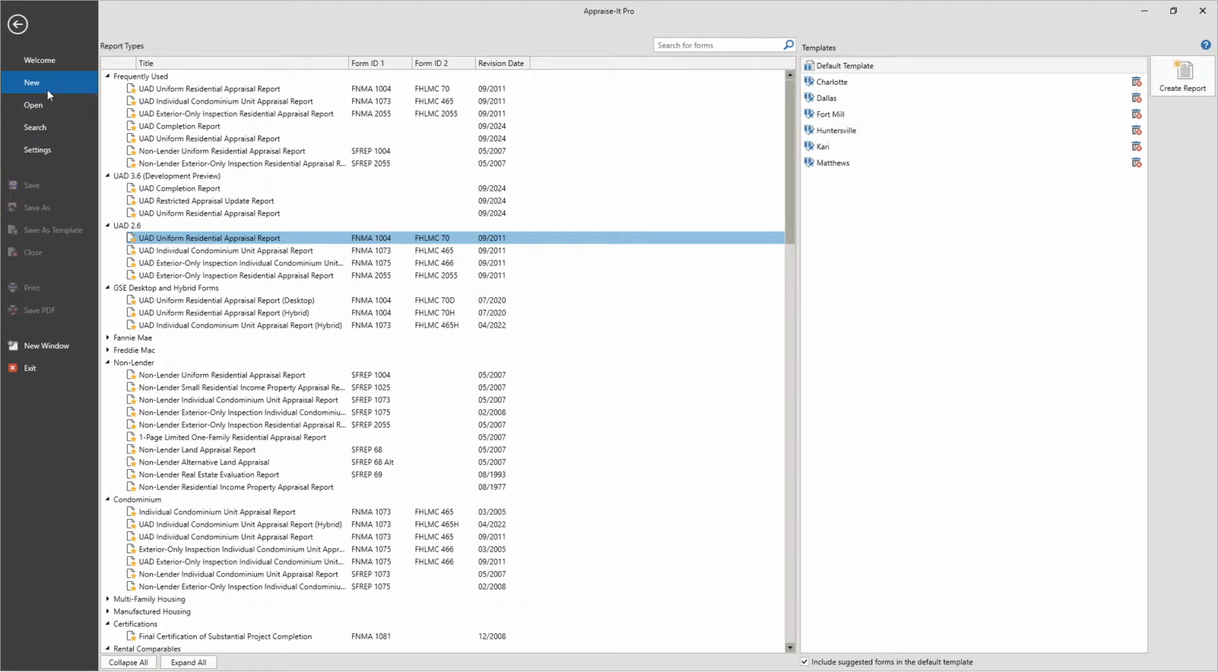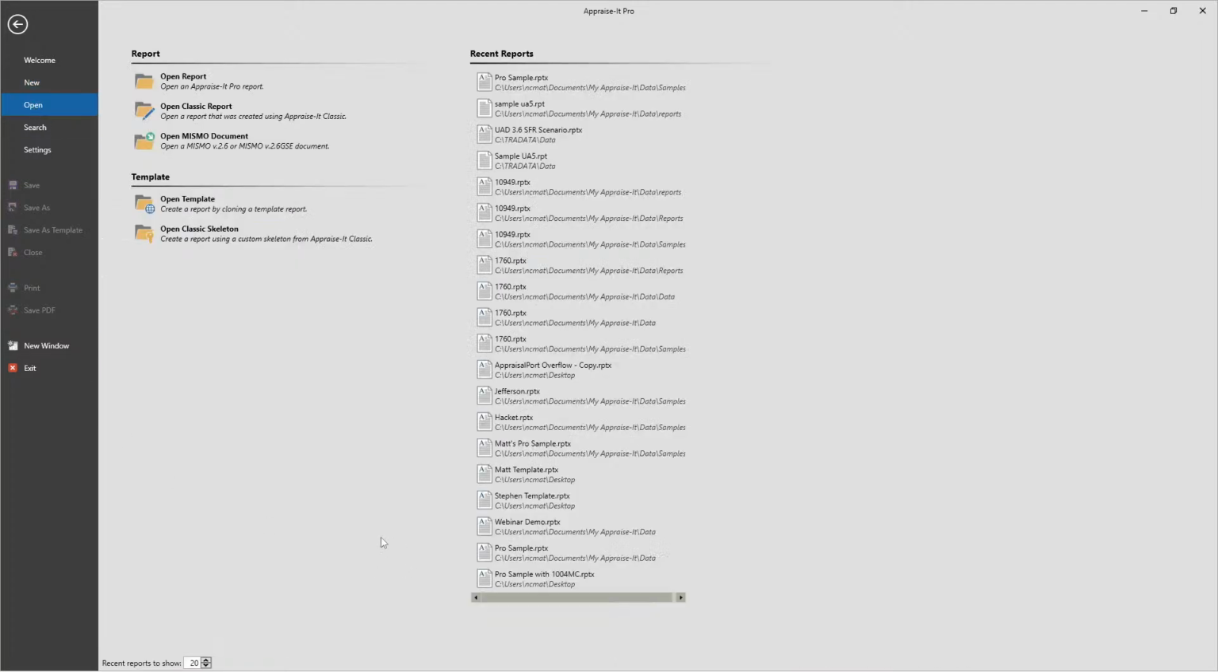We'll come back to this. For right now, we're going to go to open. Now, open, you probably won't use it for much except for this recent reports list. And this recent reports list, which was also in Appraise-It Classic, is really handy if you need to go back to a report that you've been working on for the last